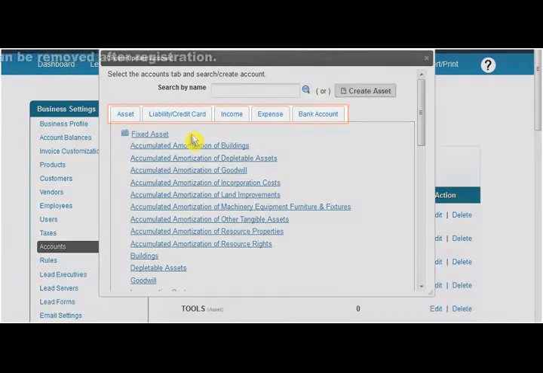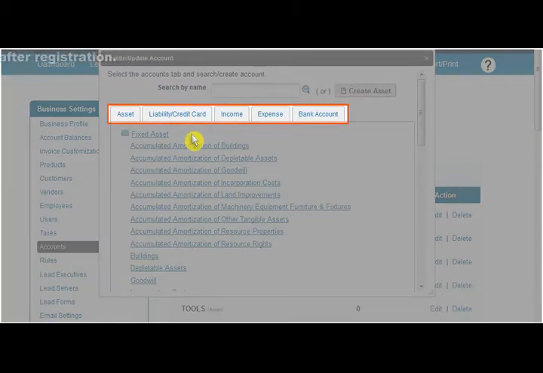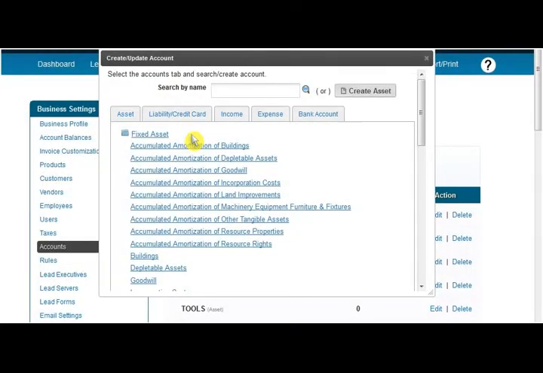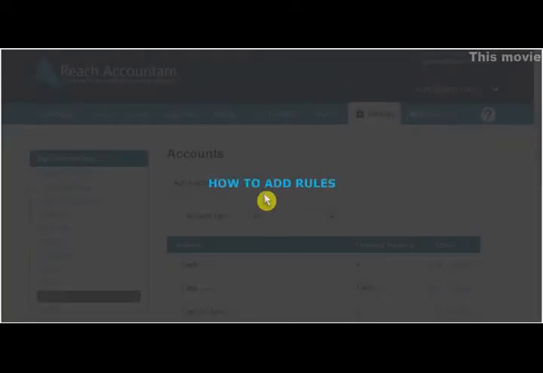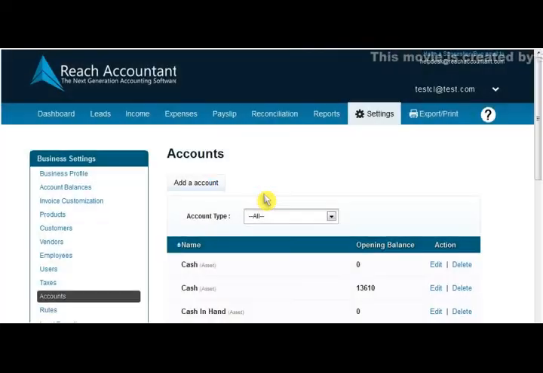The tab has the group heads such as Assets, Liabilities, Credit Card, Income, Expense, and Bank Account. Select the relevant group under which the new ledger needs to be created. Here, we are going to create a new liability head. Click on the